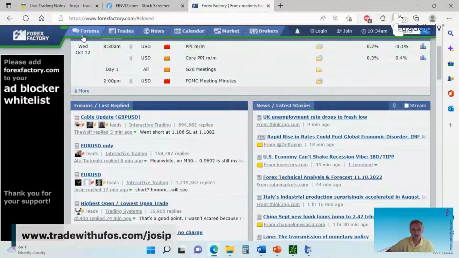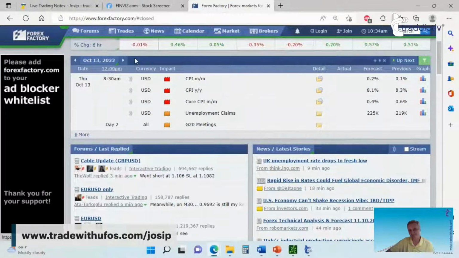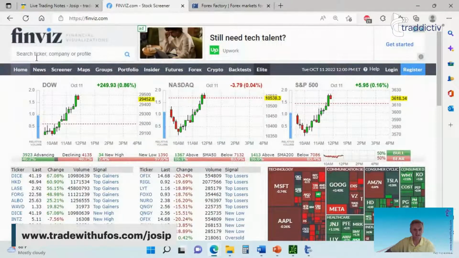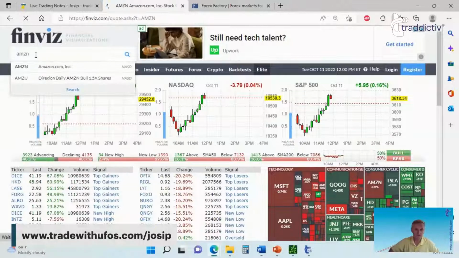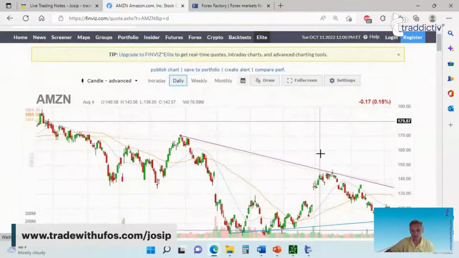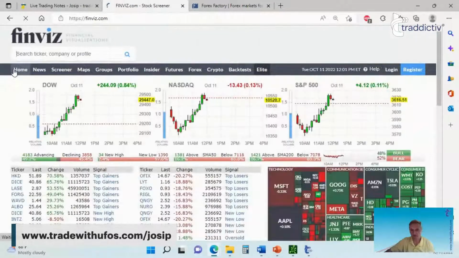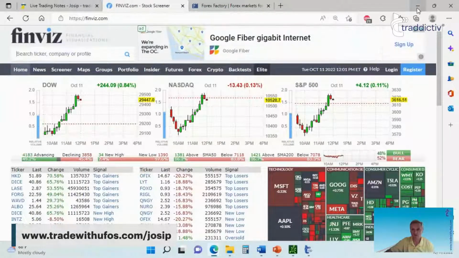So Wednesday is the PPI. Thursday is coincidentally consumer price, and of course the real reality kicks in when the retail sales show up. So Amazon might not have their best Christmas ever when people are spending $7 in California per gallon at a gas station, and it might revisit this 100 level because it has been there already before. So this little pop to the upside is just to fill the gap. It's nothing. It's nothing major.